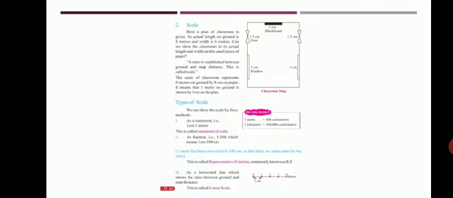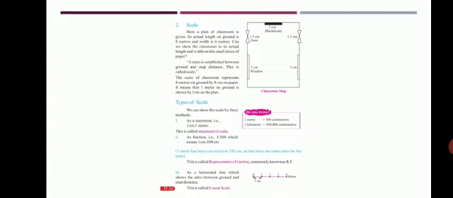Scale. What is a scale? Now we are going to understand what a scale is. Look at the corner of the map, any map, or just go to the first picture. It looks like a ruler, and it is called a map scale. It shows how far things really are.